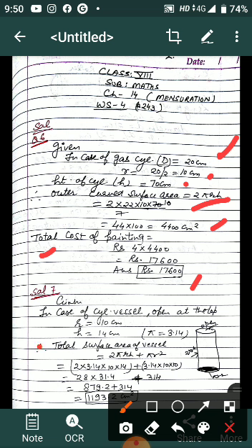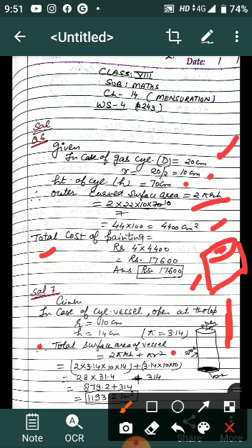So now question number 7, I am again solving for you. A cylindrical vessel open at the top. First of all you will draw the figure, the cylinder open at the top, like a container that is open from the top, in which you can put anything. Then radius is given, height is given. We have to find the total surface area of the vessel, but it is closed at the bottom. So we will add one base area as pi r square.